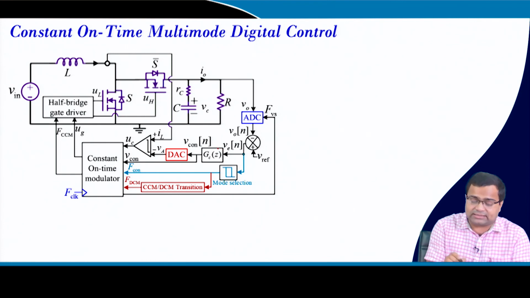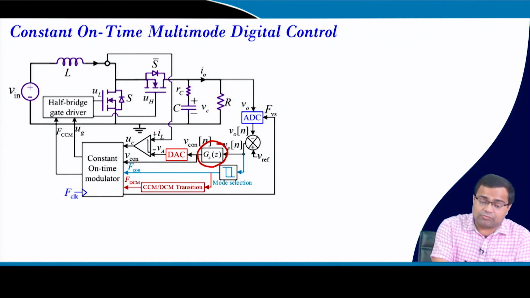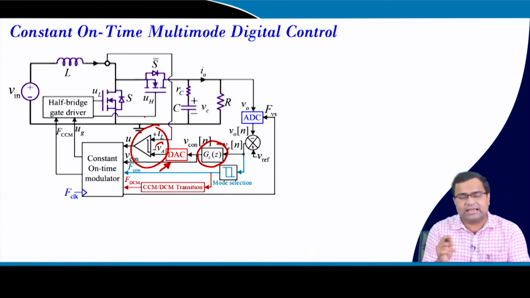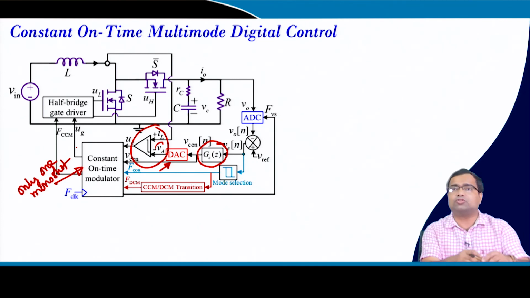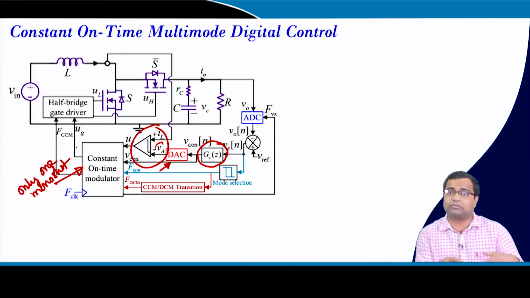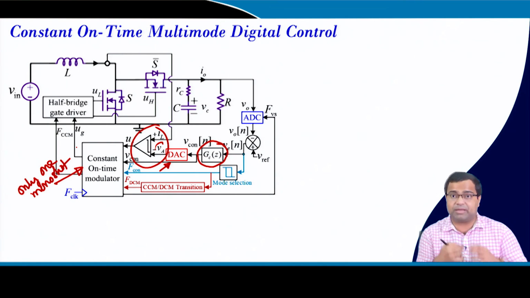Here it is a mixed signal current based architecture where the voltage controller is digital and common, and the current loop is analog, so the DAC is there and the current reference is coming from the DAC. So, it is a single DAC, single controller, and only one monoshot timer. This timer can be loaded either with on time or off time if you want to configure constant on time or constant off time, because this is just a digital number; you just have to program it, rewrite the memory.